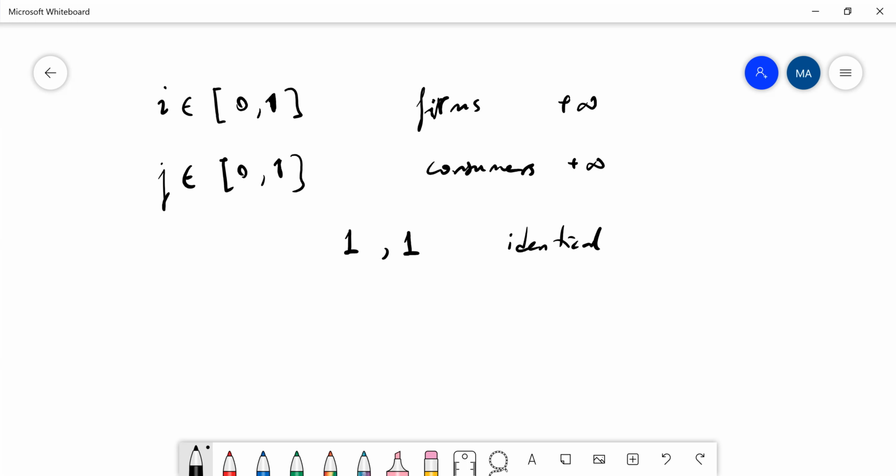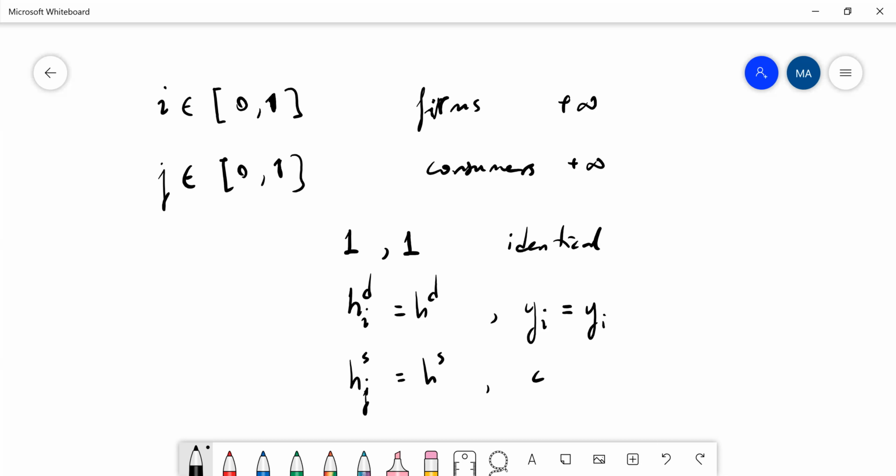So if you imagine firms are located within the unit interval, but each firm has the same level of labor demand and same level of output, and if consumers supply the same amount of labor,